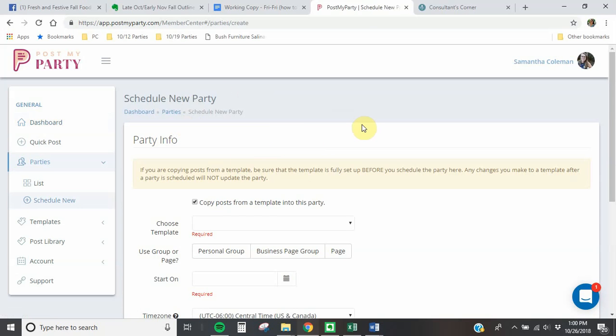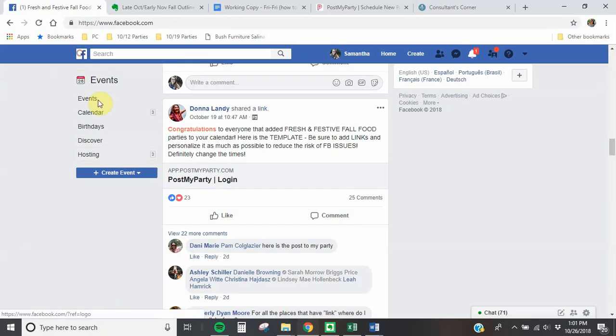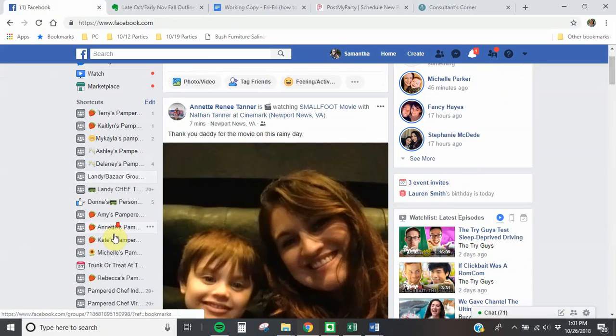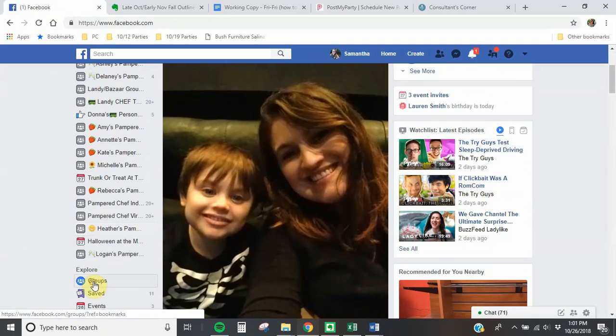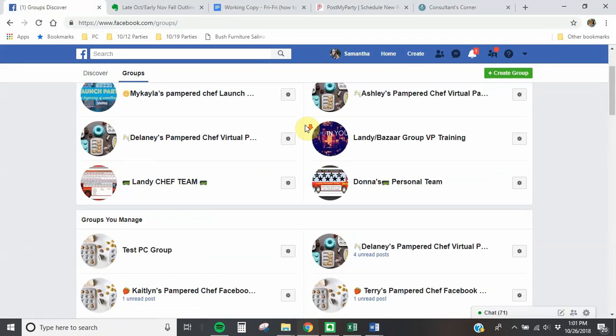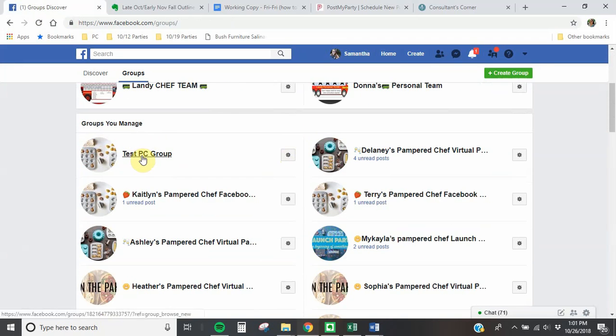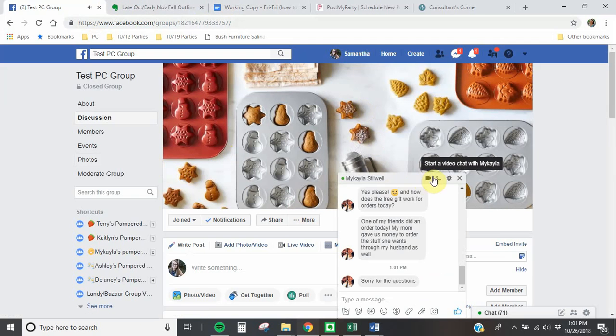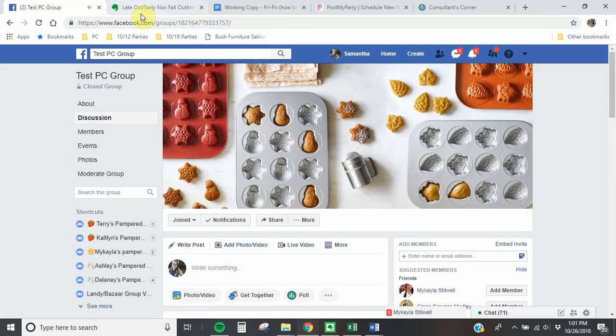And what I'm actually going to have to do before this, I don't know if yours will do it this way, but for whatever reason, if I add a new group, which I just did a few minutes ago, it was my test group. It's not there. So my test group, I just added this group. So it's not going to show up. There you are. It's not going to show up right away